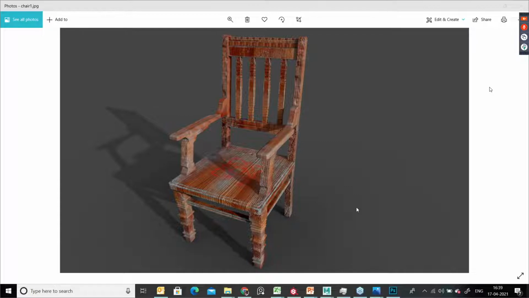So to make the changes, it is better to go with Photoshop and adjust the brightness and contrast, the levels of the bright colors and the dull colors. Then you can get an exact realistic output. That's the reason we go for Photoshop.